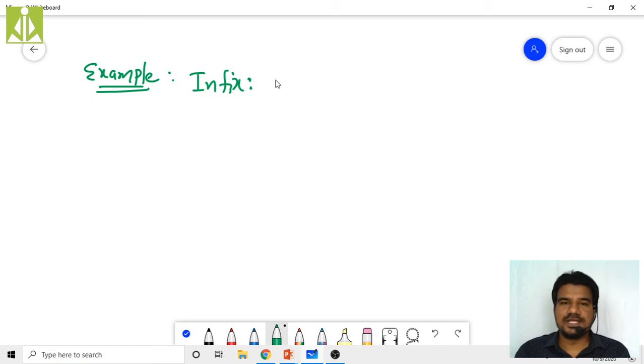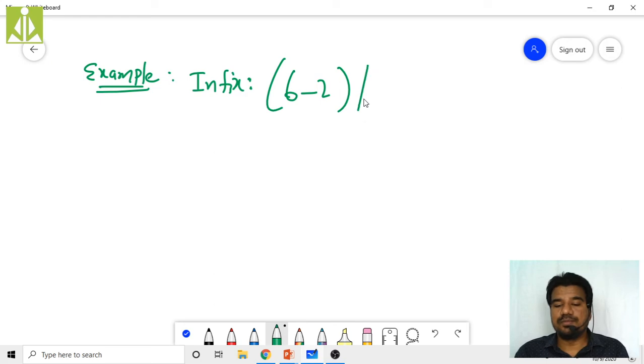So that expression I'm taking something like this: (6 minus 2) divide with 4. Simple expression.